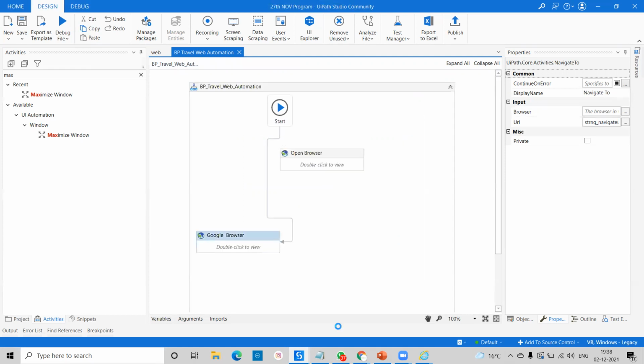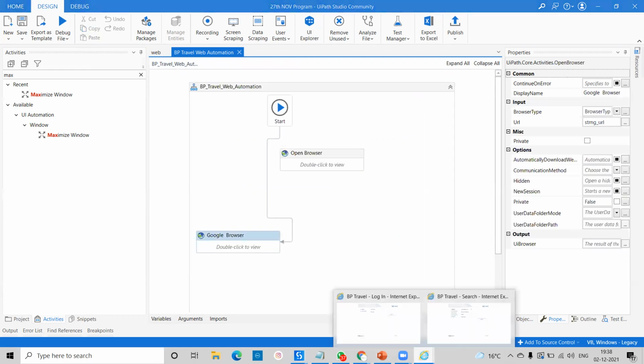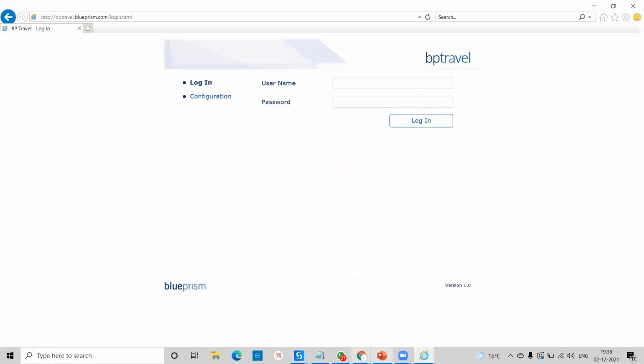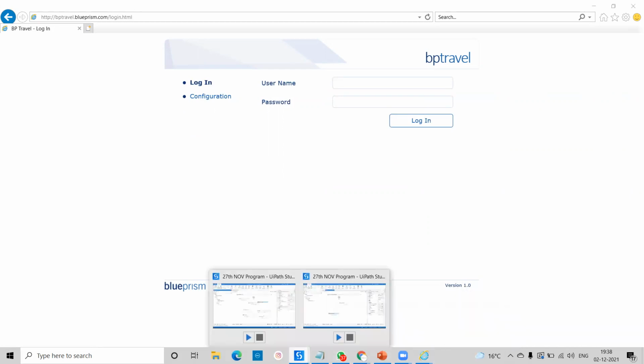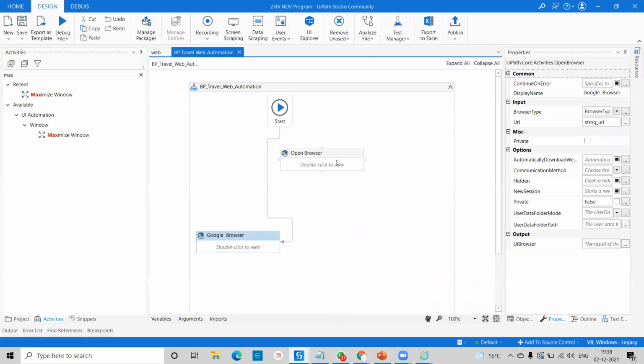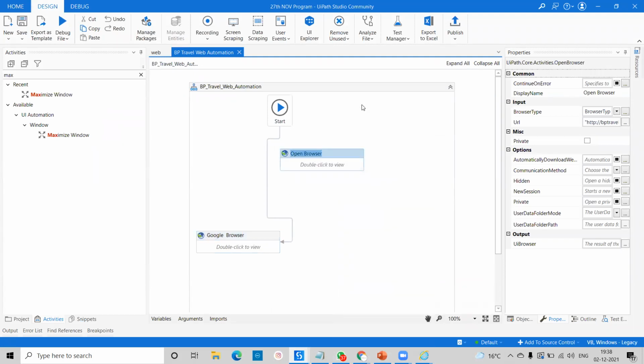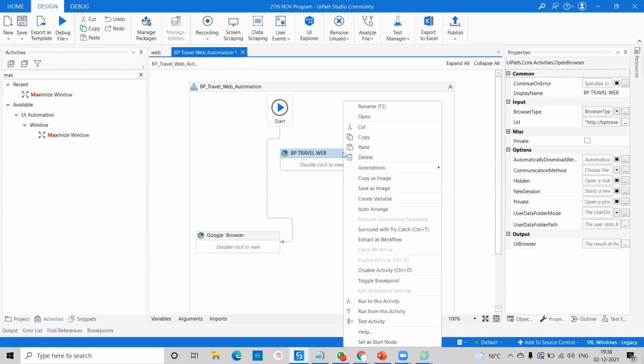So right now we are trying to automate this web-based application. This is your BP table. So first of all, we'll change this. Your selector we will spy again, because we have already done it for Google Chrome. Let me come here and let me rename also. Especially for your project, according to your project, you can give the name. So I can pass this BP table web. Okay, and I will connect with this activity.